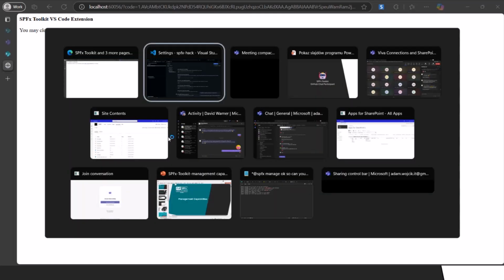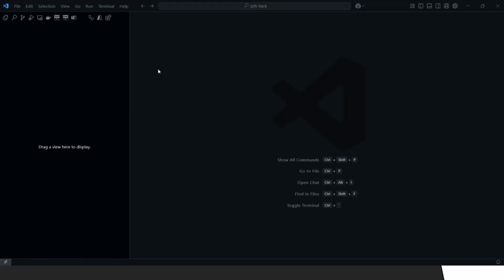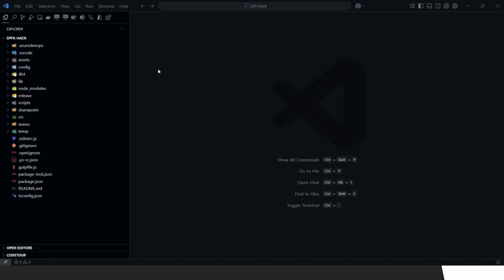So I'm currently signed out and I forgot about it. Cool. Okay, see, it's really fast and annoying. And let's reload VS Code. The SPFx Toolkit allows you to manage your solutions by clicking, so going with the SPFx UI, but also